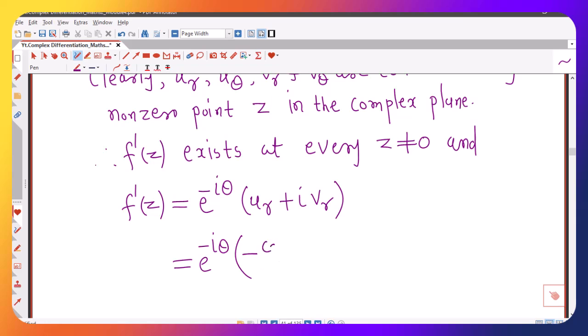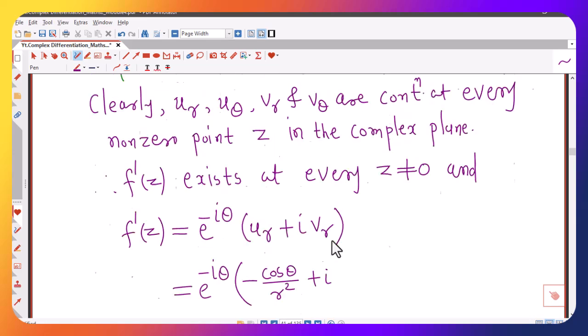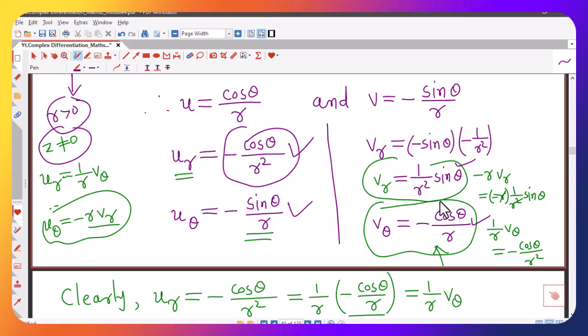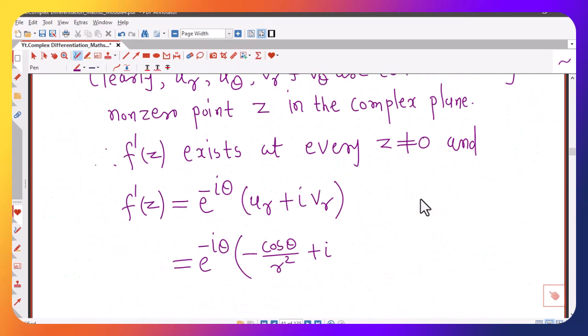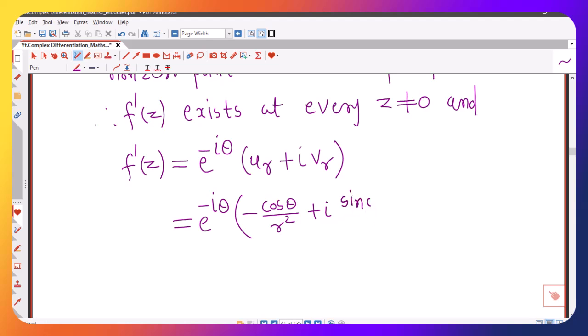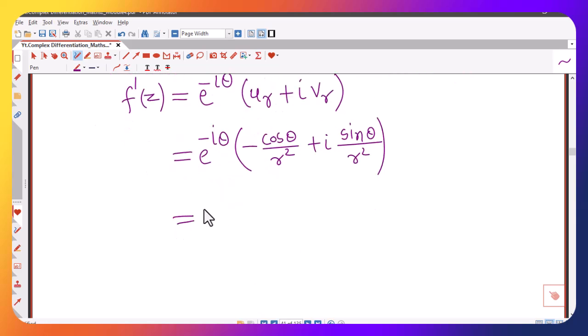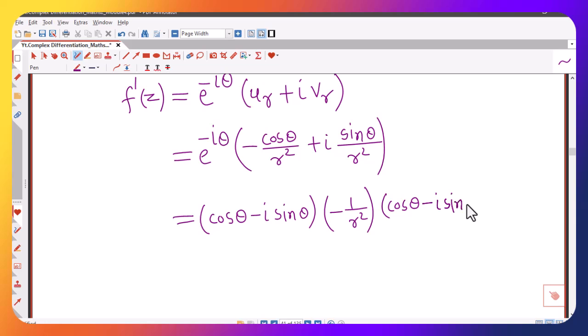So that I am writing here, minus cos theta divided by r square plus I times del v by del r is sin theta divided by r square, plus sin theta divided by r square, and as I have discussed, e raised to minus I theta can be rewritten as cos theta minus I sin theta, and you can see here I can take minus 1 by r square common, and in the bracket I will be left with cos theta minus I sin theta,